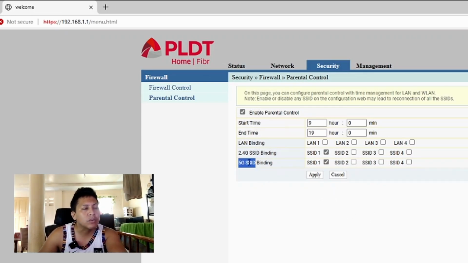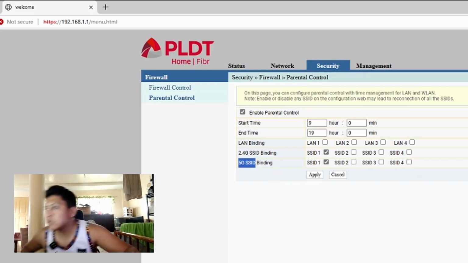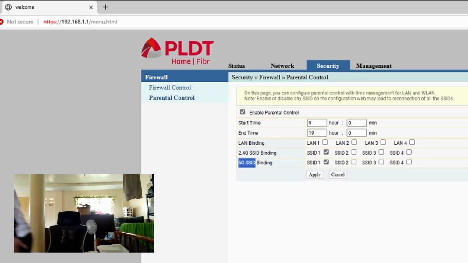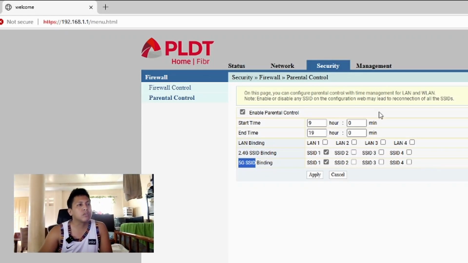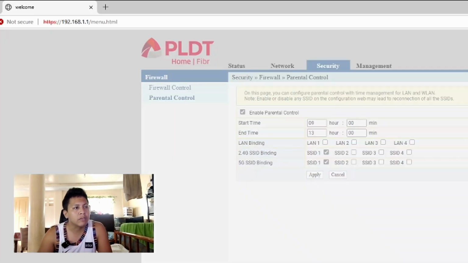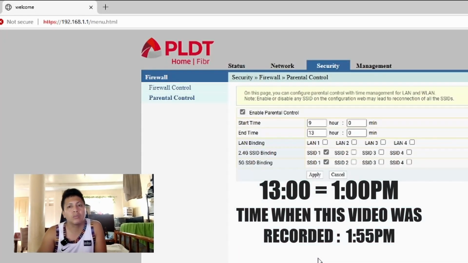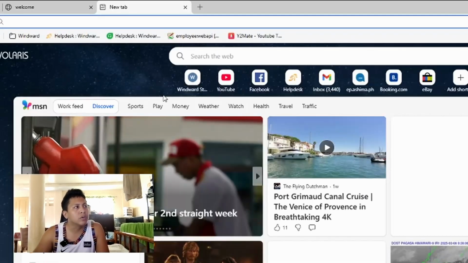All right, so let's try. I want to test it. Right now it's 1:55 p.m. So for example, I'm gonna set the end time into 13. Let's see if I can still access the internet. Right now it's 1:55, so the end time is 1 p.m. And if I Google,